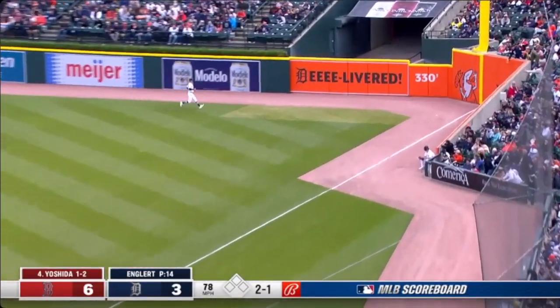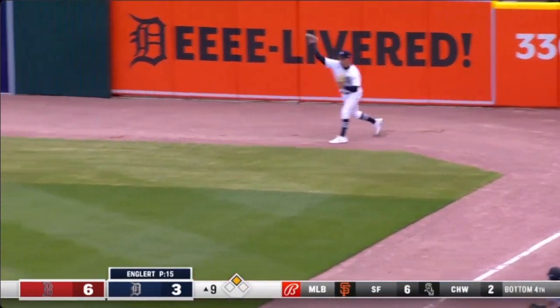This one's a fair ball into the corner. Carpenter, who stays in the game playing right field, is it in. It's a...